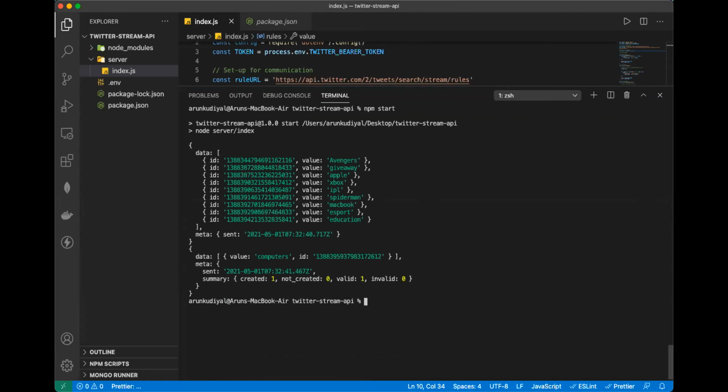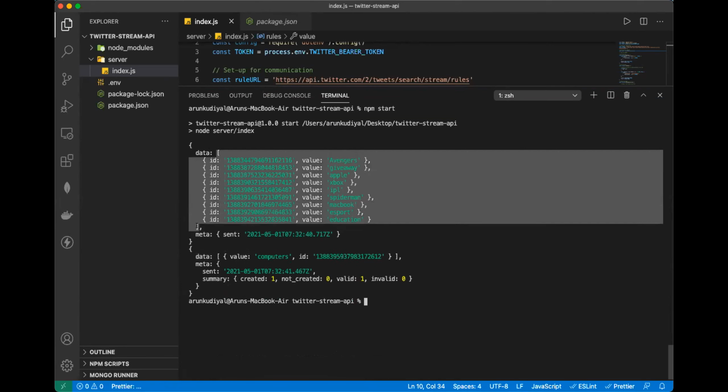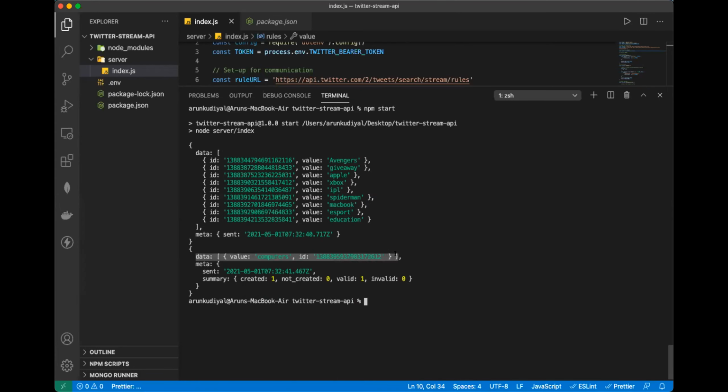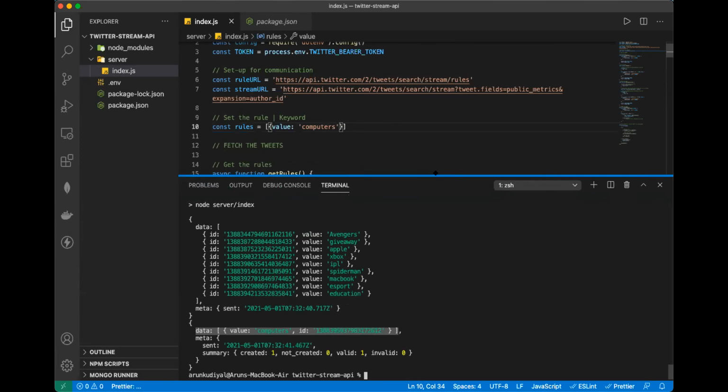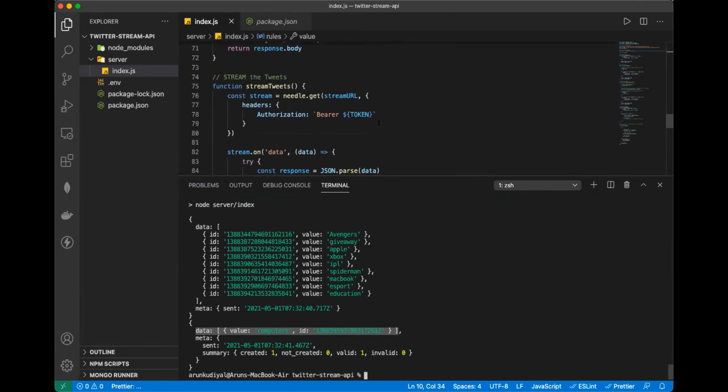Why is it not running the stream tweets function? So I got the value for computers. The data was this, but once it got deleted, the data only contains computers. Makes sense. Giveaway, Apple, Xbox, IPL. I guess